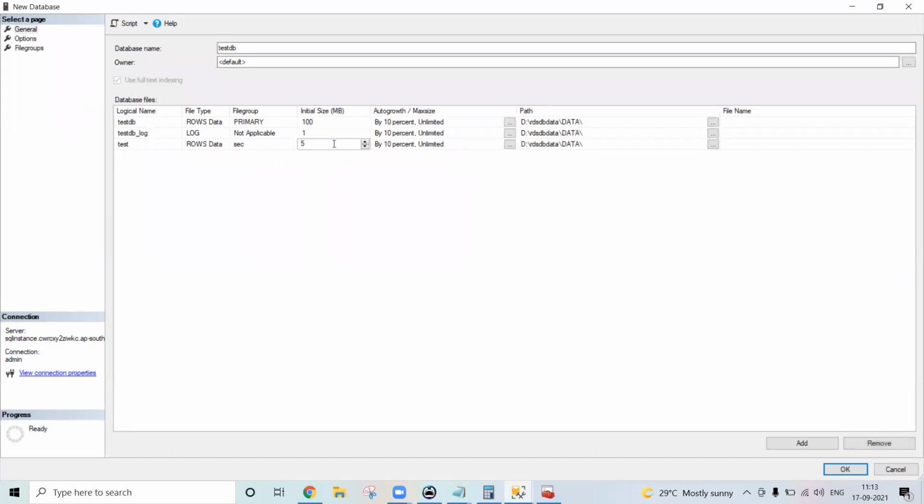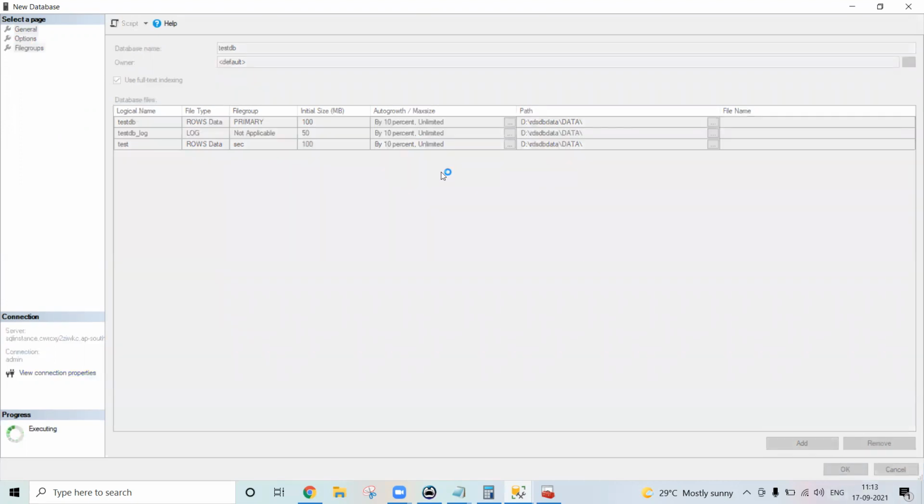This is the same flavor we get on premises. Any differences you are seeing? I'm not seeing any, at least. Most of the features are available. Now click OK. In the backend, the database is getting created. This is how we can create the database.